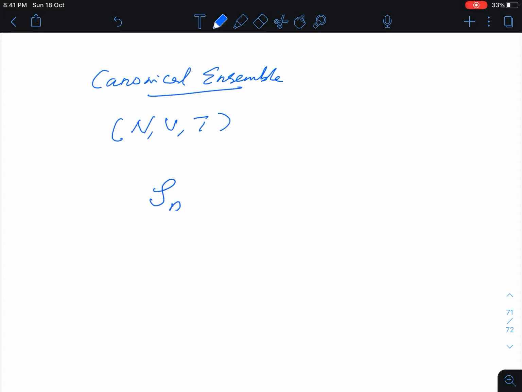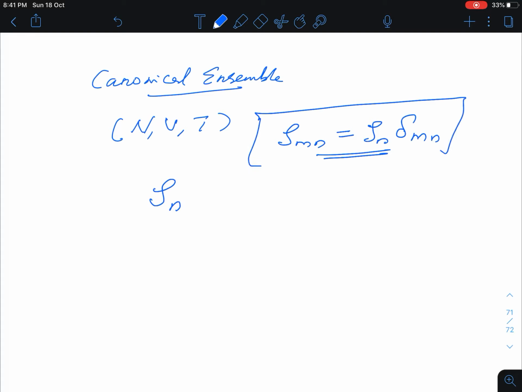n. Okay, rho n. Because what is the diagonal matrix rho mn? It is simply rho n delta mn. I said there are no off diagonal terms. So if it is the energy representation, you have different kinds of representation in quantum mechanics, momentum representation, energy representation. So here in the energy representation, the off diagonal terms will not be there, so only diagonal terms will be there. That means rho mn would be rho n. So in that case, the probability, I mean, the density matrix, which is also the probability, would